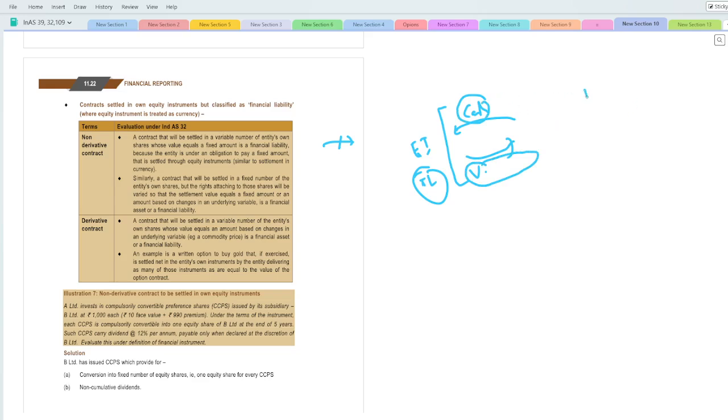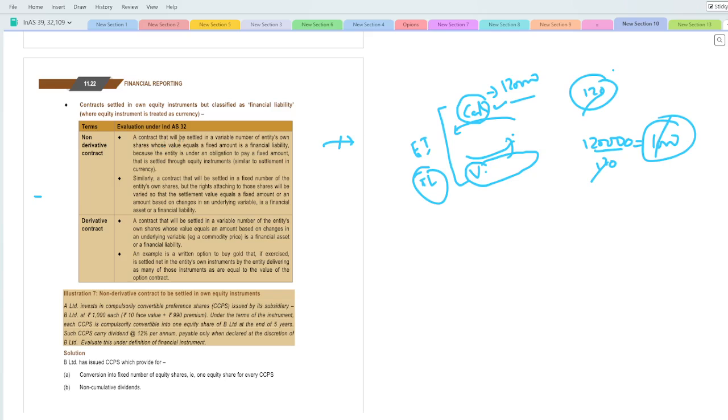मान लीजिए मैच्योरिटी में अगर आपका 120 है, और ये आपका फिक्स्ड कैश मान लीजिए 1,20,000 है. ठीक है, तो मैच्योरिटी के टाइम पे आपका नंबर ऑफ शेयर्स कितना हो जाएगा, 1,000 हो गया, 1,000 शेयर्स हो गया. ठीक है. सो ये फिक्स कैश हो गया, और वही फिक्स नंबर यहाँ पे भी फिक्स कैश है, लेकिन आप करेंसी मीन्स आप शेयर्स के फॉर्म में डिलीवर कर रहे हो. तो अगर मार्केट प्राइस का 130 हो जाता है, तो ये नंबर ऑफ शेयर्स आपके वेरी करता है. ठीक है, तो इसलिए ये आप फाइनेंशियल लायबिलिटी कहलाएगा.